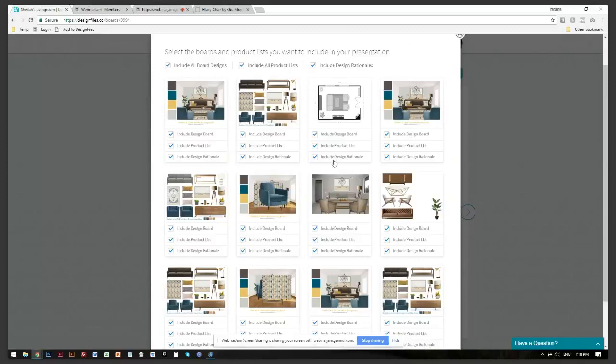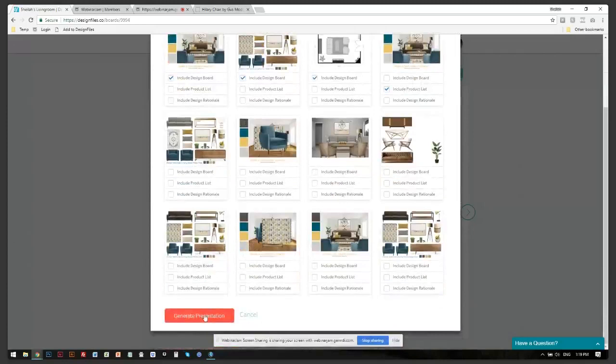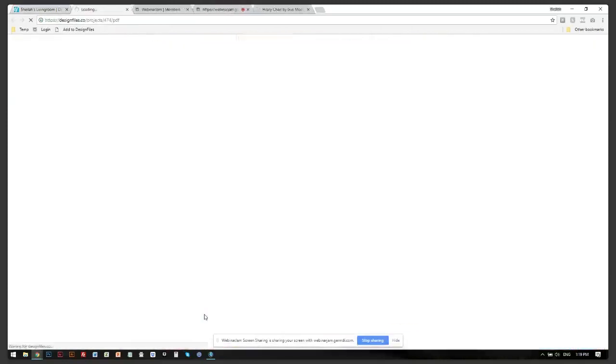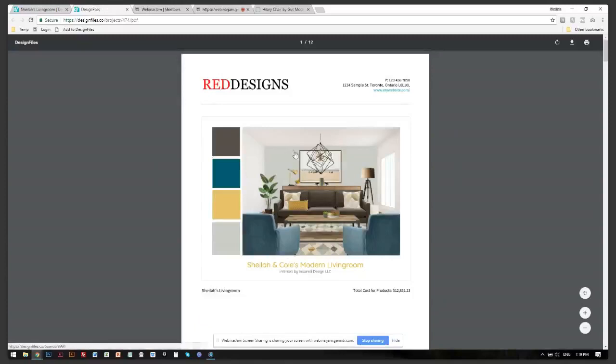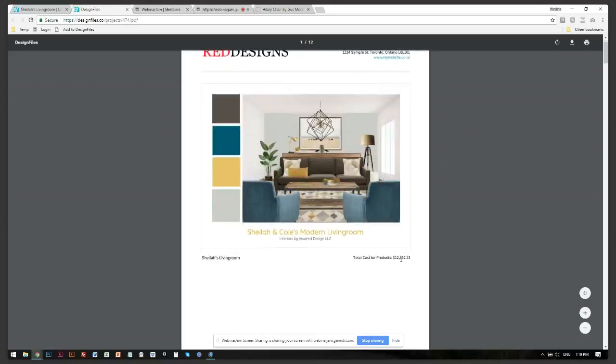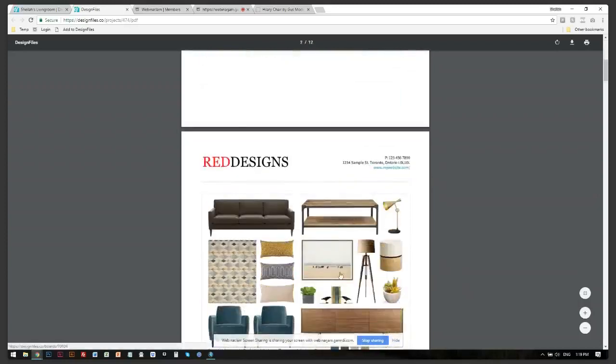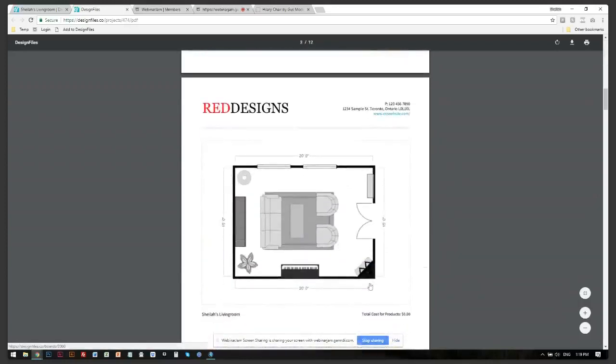And you can choose to send all of this to your client, or you can get really specific and choose exactly which design boards you want to send to your client and exactly which product list you want to send to your client. And when I generate that presentation, our system is going to create a branded PDF for your clients. So your logo will be in the top left-hand corner, your contact details in the top right-hand corner. You've got your first design here in the overall total, your second design board, your third design board with a